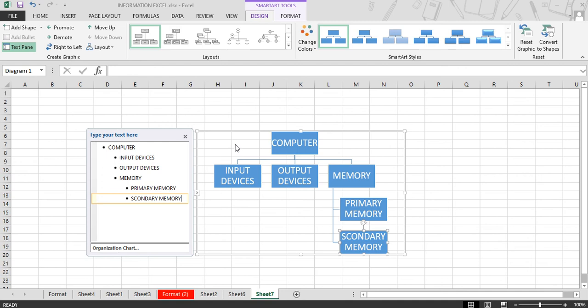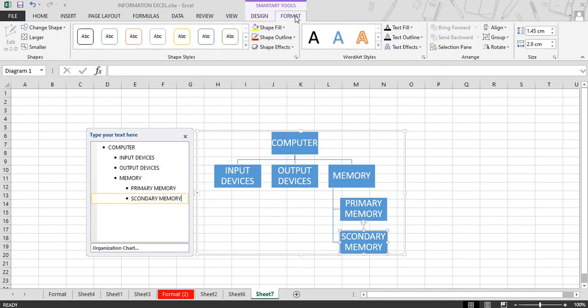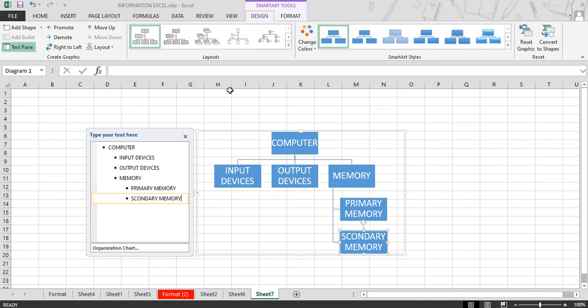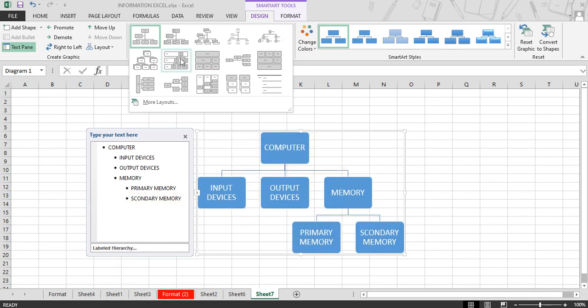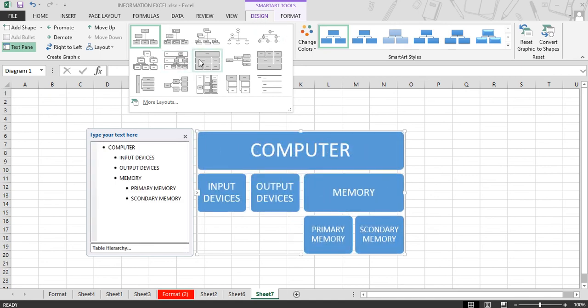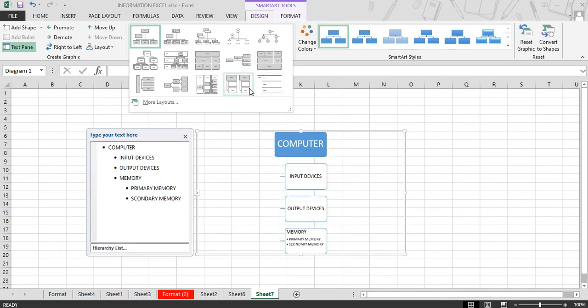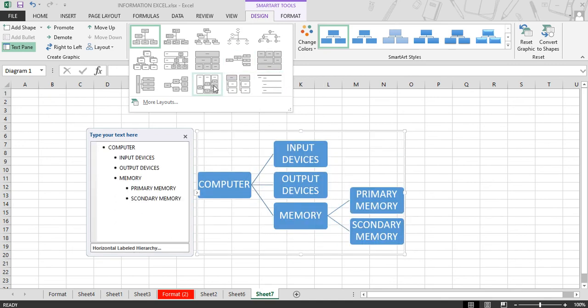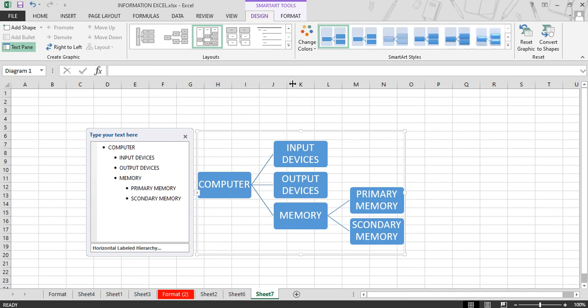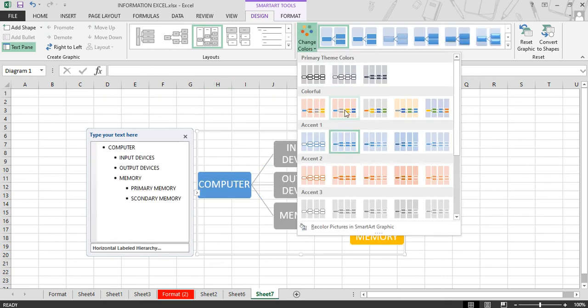Now let's learn about the different tools of smart art. Under the smart art tool we have two tabs. One is design, second is the format tab. Under the design tab you can design your smart art. For example, if you want to change into another order, you can apply any type of design. You can change the color.